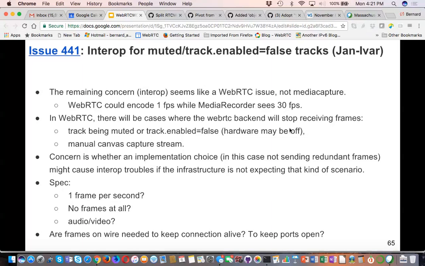I apologize, I'm confused every time we discuss this. The only thing we're not talking about is track equals null. The spec says black in a lot of places.